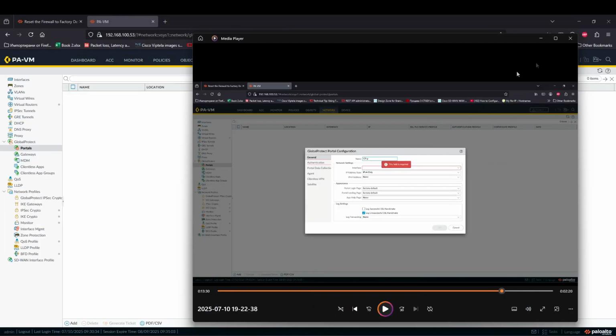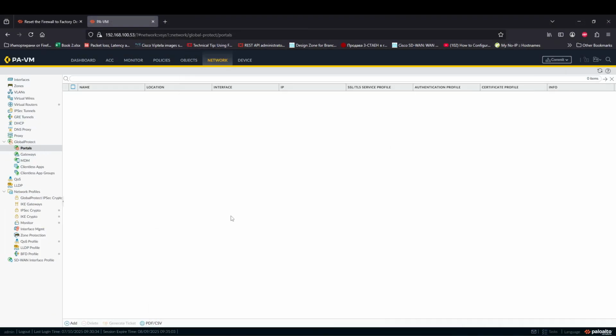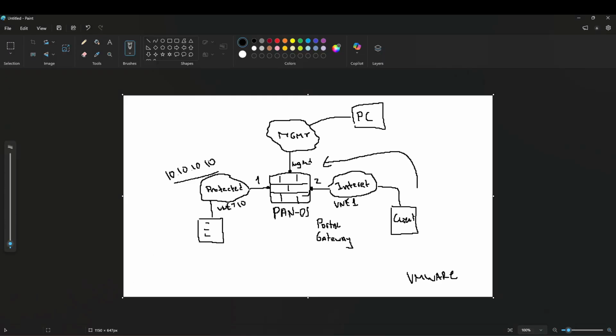Again. So now, as we have already established layer 3 configuration on the interfaces, assigned zones on those interfaces, the next steps which we are going to perform are to configure the portal and the gateway. But before that, there are some prerequisites which need to be established. Normally these are part of the design. When you are setting up your solution, you have to decide how you are going to authenticate